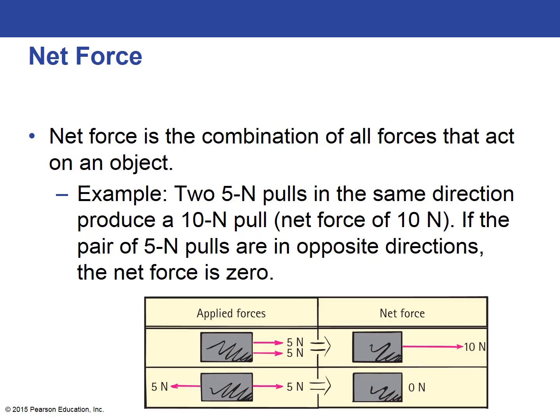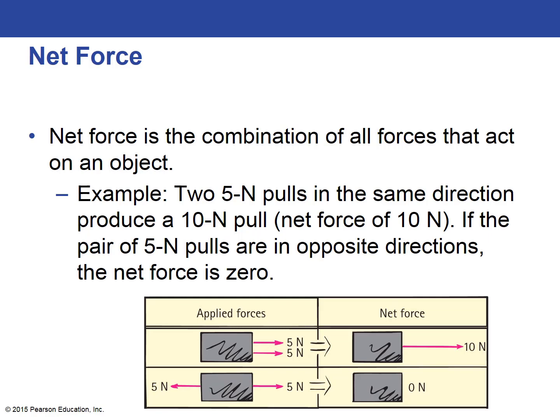If there is no net force, then the object will either remain at rest if it was initially at rest, or it will remain in uniform motion if it was initially in uniform motion before those opposing forces were applied. But as long as the sum of the forces is 0, the speed of the particle or the object is not going to change. Okay, so I hope you can begin to see then how to add vectorial forces when